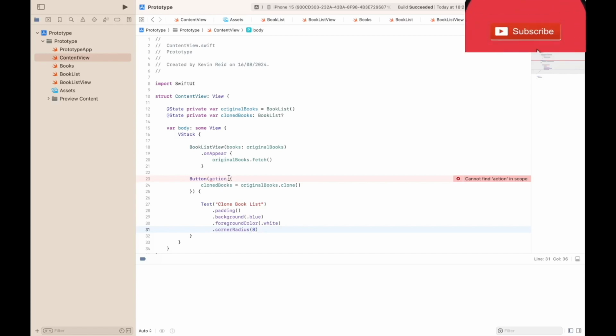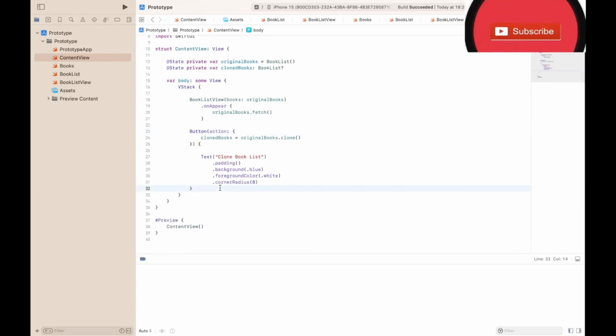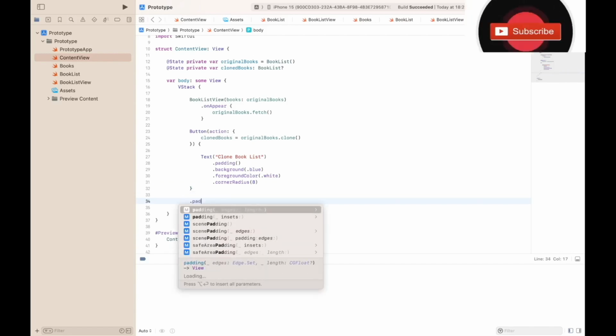On line 23 I missed out a colon, so there should be a colon there. .padding,